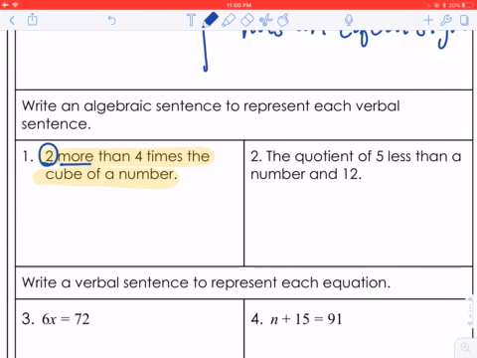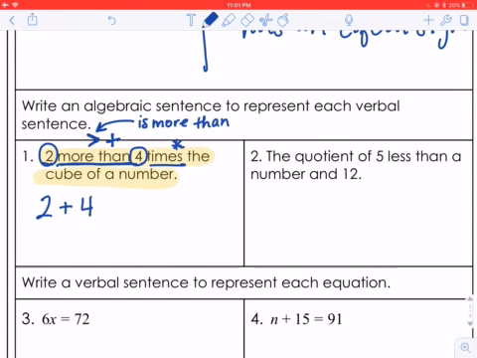So 2 more than. So 2, and when we see more than, I know that that's an addition sign. Sometimes we might know that it's more than, or it could be an addition sign. We have to read for the context of the problem to find out. Actually, let's back that up. In general, if it says is more than, that tells me that it's like an equal sign, but instead it's an inequality. If we just see more than, we're going to know that it's an addition sign. So I have 2 more than 4